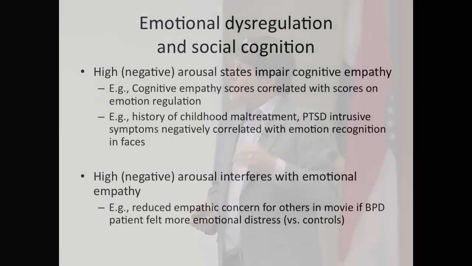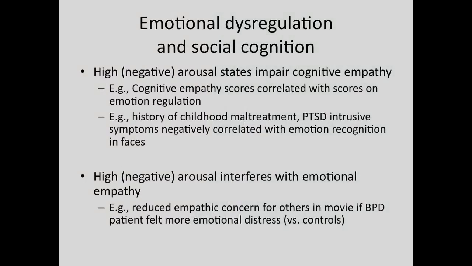The other thing that's really interesting here, and this is where it really ties into this talk, is that in situations of high arousal, high negative arousal, or affective instability, this seems to also make worse one's ability to receive these social signals, which in turn then leads to more high arousal. So you've got a cyclical pattern there. They kind of feed into each other.